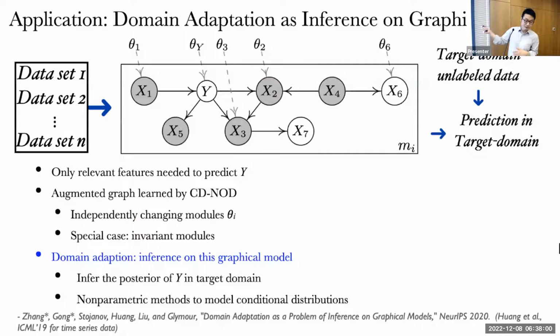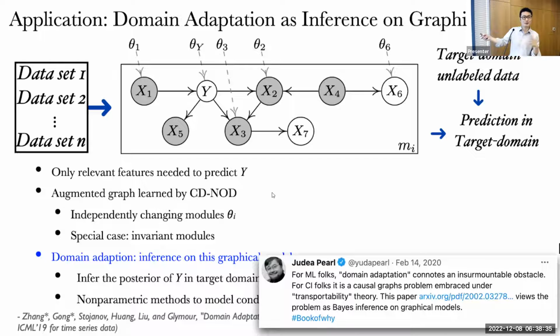I'll skip this part. As an application of this method, you can do domain adaptation or transfer learning in an automatic way. From the dataset, you can have a compact representation of how the joint distribution can change across domains, represented by this graph. And then in the target domain, you have values of the features. You can just do inference in the graphical model. So it's a standard way to do adaptation. You make use of information across different domains to discover how things can change. And then you make use of new information to infer the new value of Y. According to Pearl, basically this should be a kind of principled way to do domain adaptation.